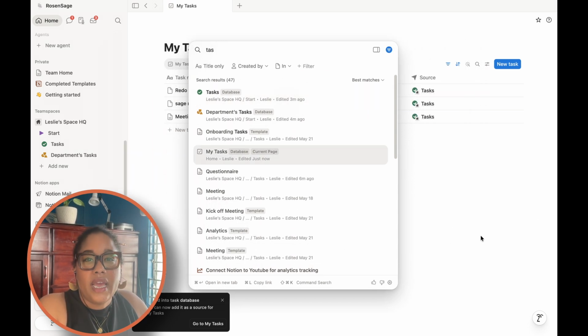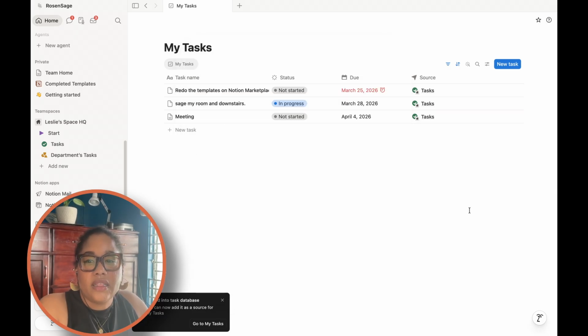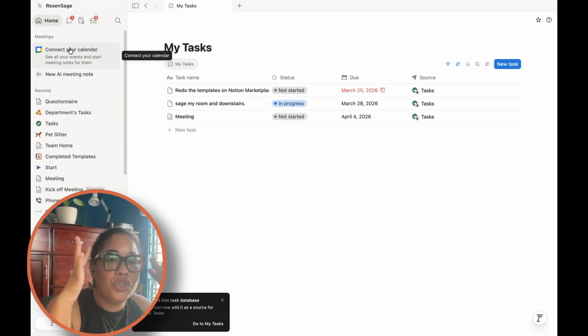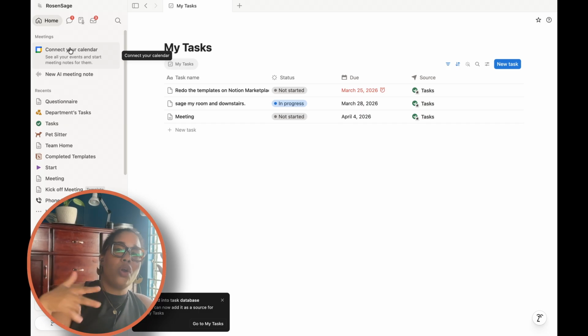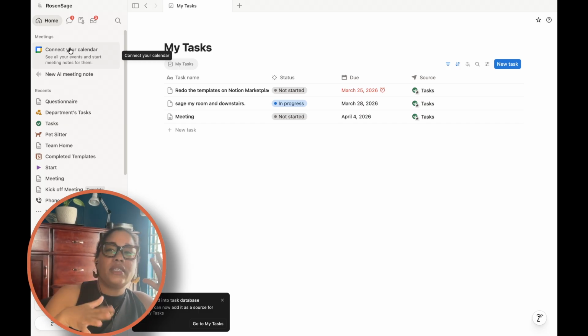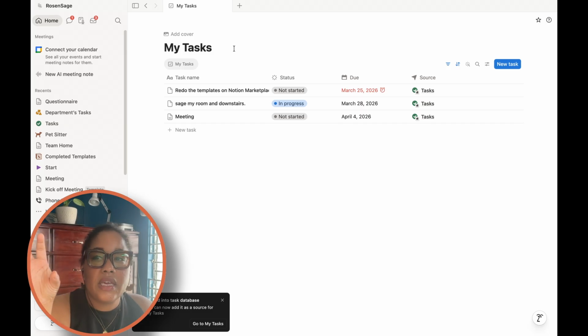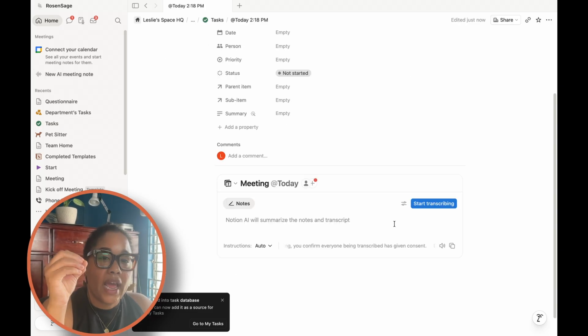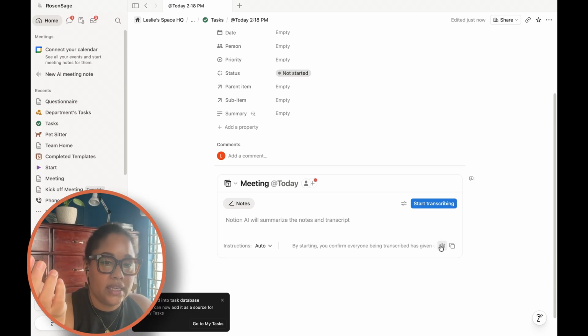The next thing is the meetings. So the meetings allows you to connect your Notion to your Google or Apple email address, and you'll be able to see all of the meetings that you have for the day, your schedule, and be able to take AI meeting notes. Our AI meeting notes in Notion are great because you just get a transcription of the call. You can have it play out the consent audio, but this allows you to transcribe the call, get the